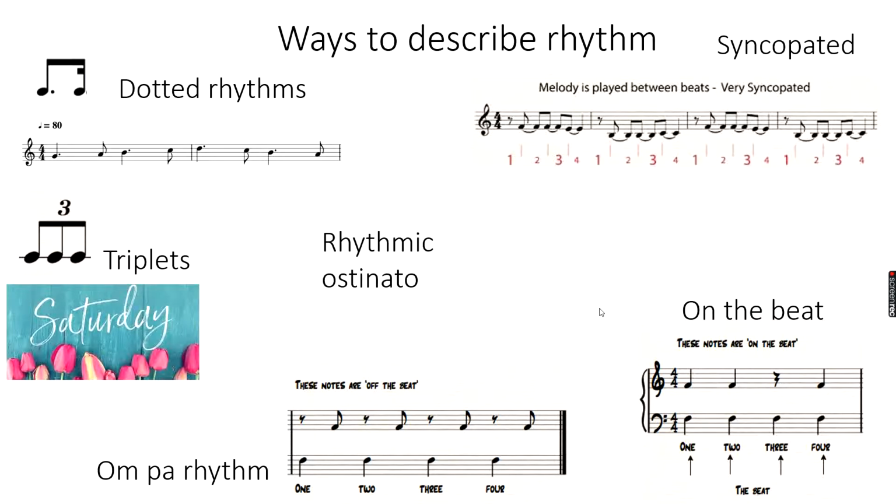Something else that is often used, or another way to describe rhythms, is a rhythmic ostinato. And an ostinato is a repetition in music. So this could be a rhythmic repetition. In other words, something that keeps going all the time. Now it can't just repeat for a few bars. It can't just be for a few seconds. A rhythmic ostinato will repeat for a length of time. So if we're trying to find another way of describing a rhythm in your listening exam, maybe think, can you hear a rhythm that is constantly repeating all the time? And that would be called a rhythmic ostinato.